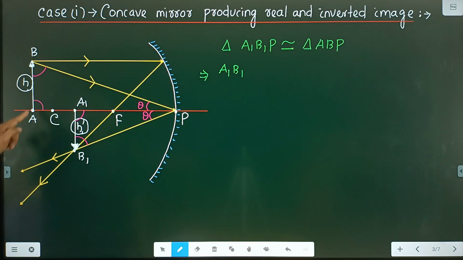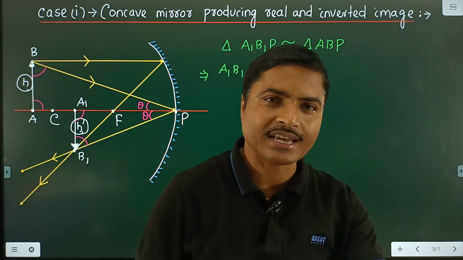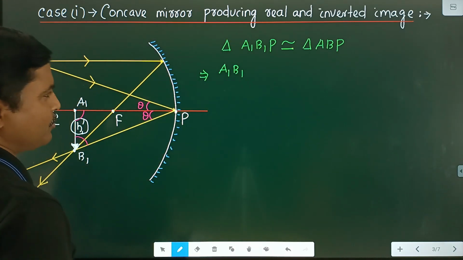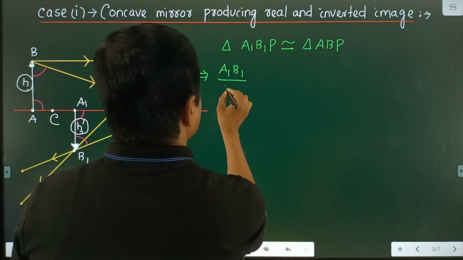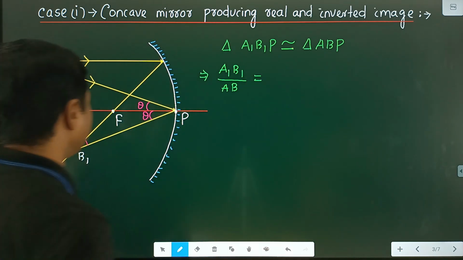Similarly, from triangle ABP, we take side AB. AB is also perpendicular to the principal axis. That means A1, B1 and AB both are perpendicular to the principal axis. So we compare A1, B1 with AB. That means we write A1, B1 divided by AB is equal to